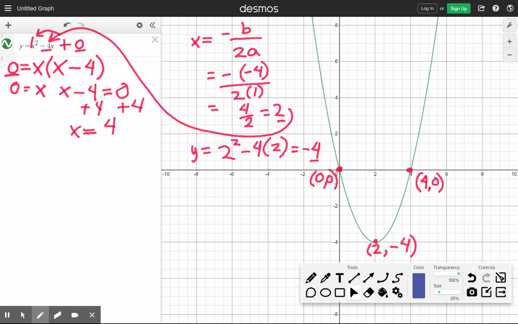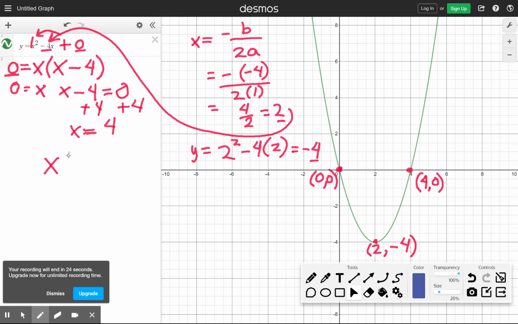But now what I want to look at is what if instead of having our x times x minus 4 equal to 0, what if this equation where x times x minus 4 is greater than 0? Okay, well then we need to look at